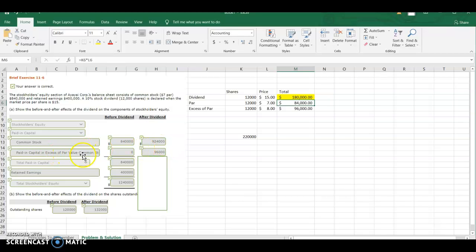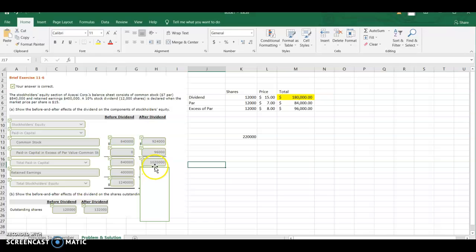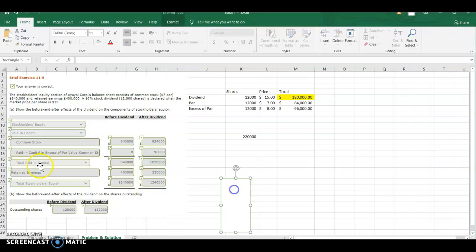Paid-in capital in excess of par value is 0 plus 96,000, which is 96,000. That's simple. Total paid-in capital is $1,020,000. And what's happened here is